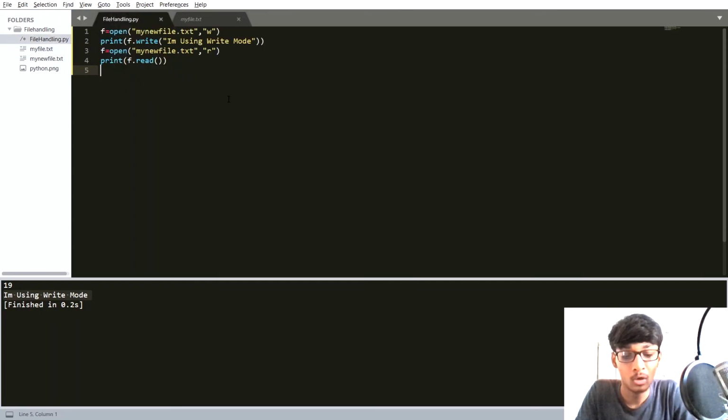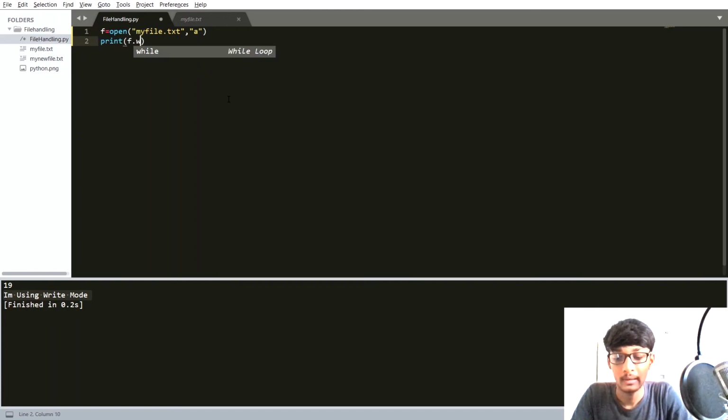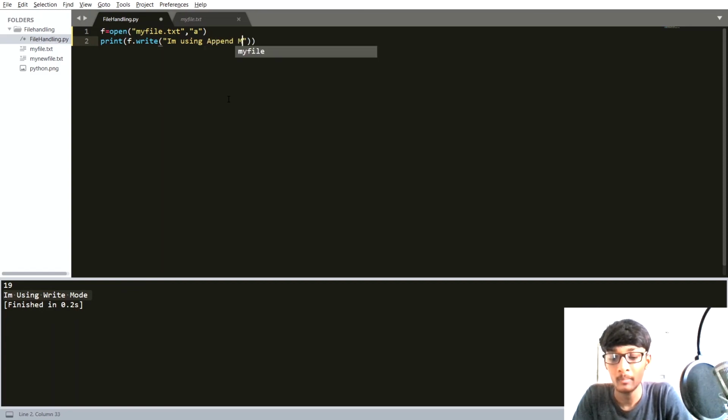First I'm going to erase all of this code. f is equal to open, my file, okay, I have to use it as a string, my file.txt, and I have to use a, that means append mode. Okay, now I can use f.write, and I can simply write, "I am using append mode".